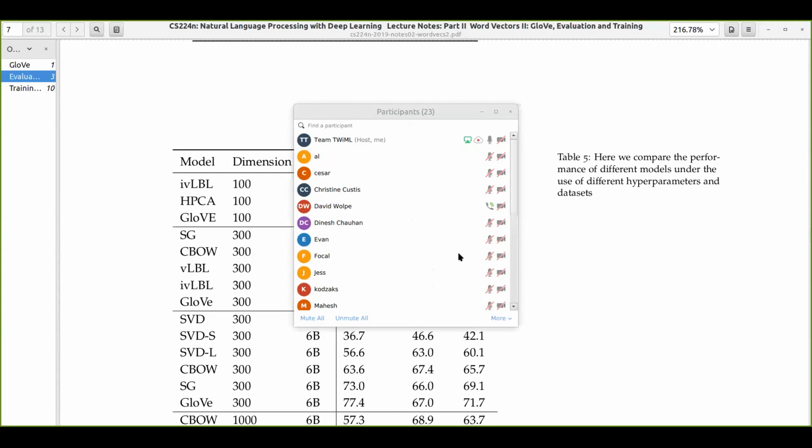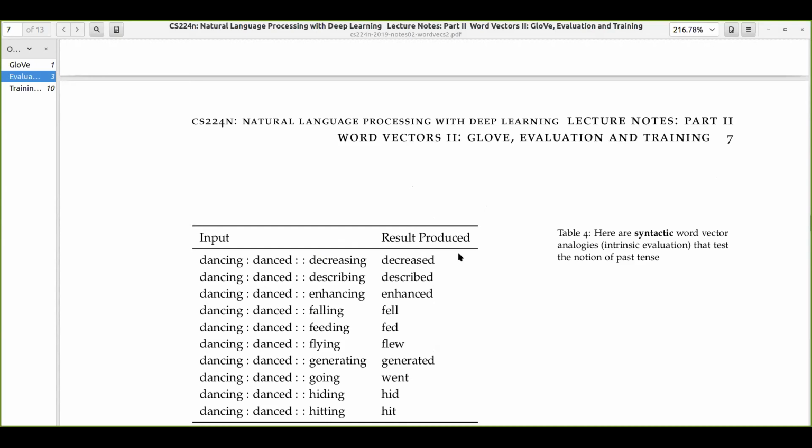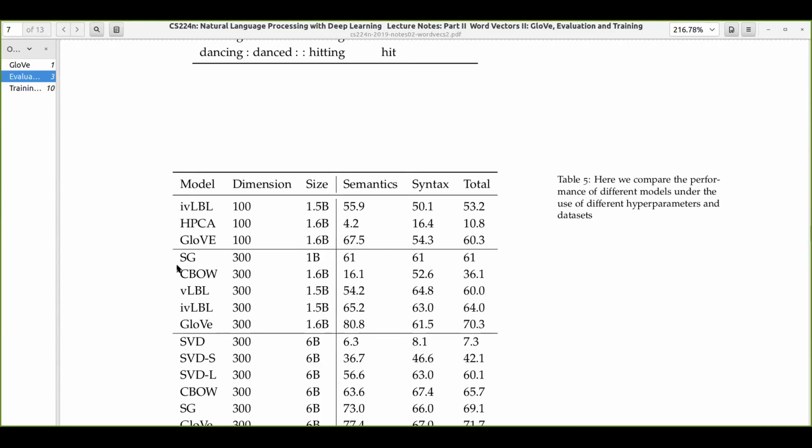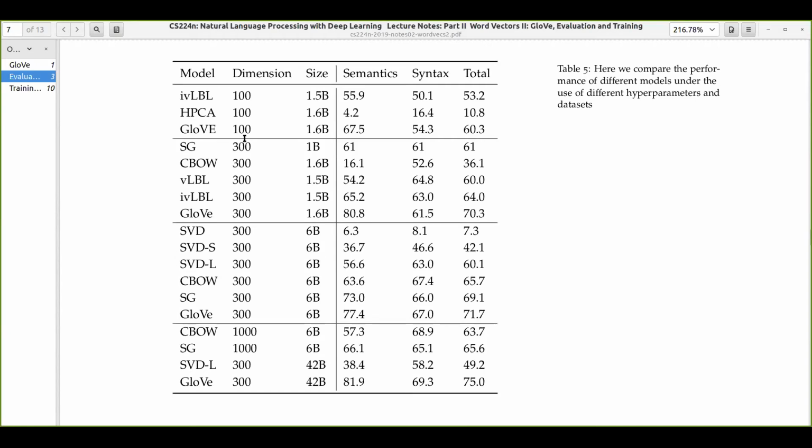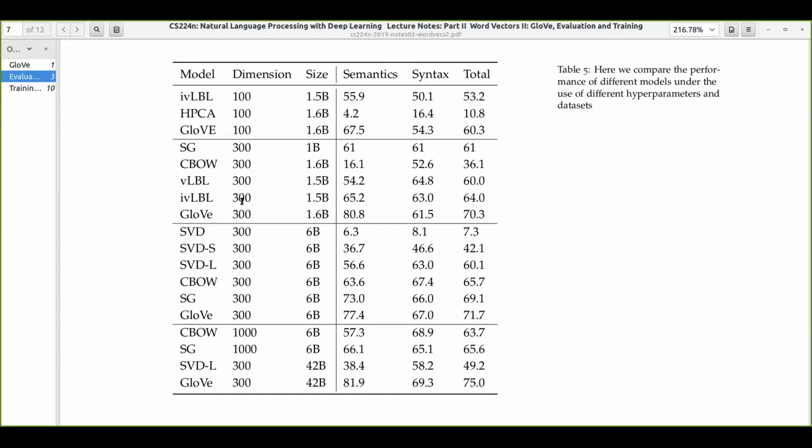Yeah, so those are some of the examples. And here we see how GloVe compares with other models. We have discussed Skipgram and continuous bag of words. So let's concentrate on the second row here. I hope you can see it. Here, the word embeddings are of different dimensions: 100, 300, and also 1,000 dimensions. We're going to compare how that changes the size of the models and what kind of performance the models provide. For the Skipgram, when the dimensions are 300, it has about 1 billion,